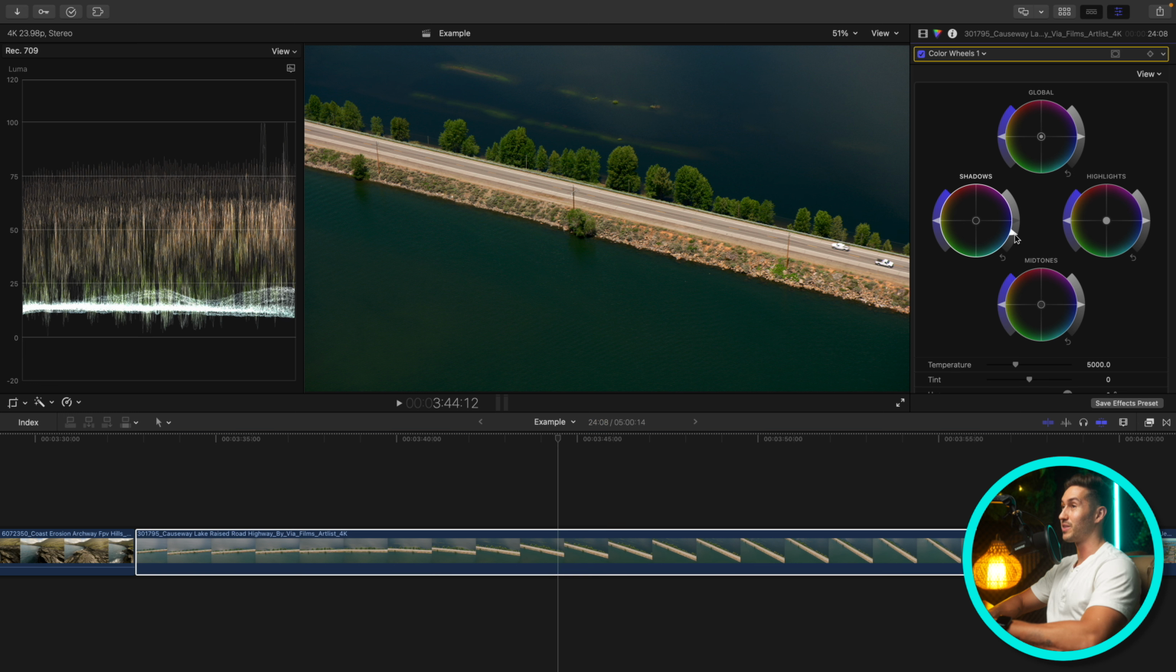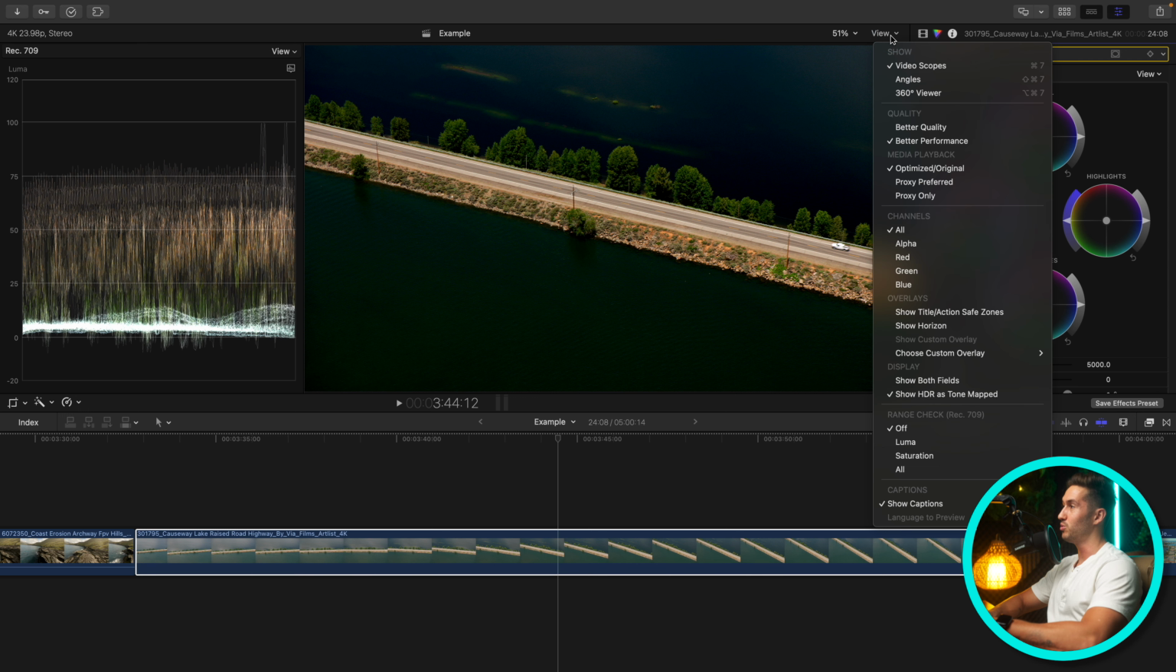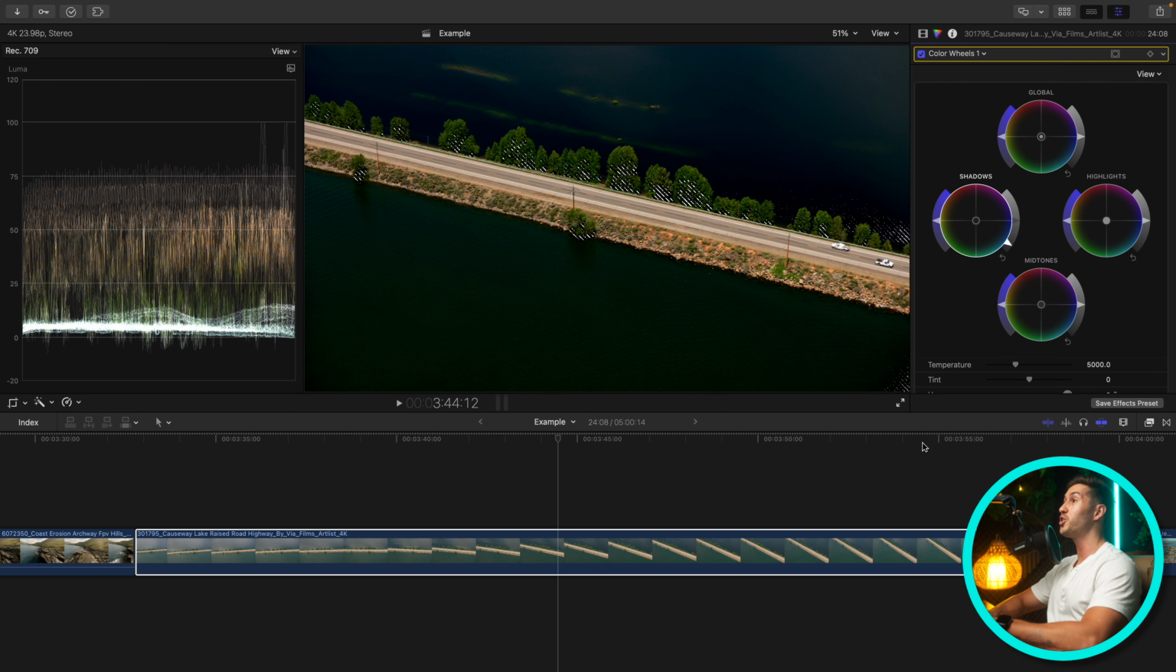Now, if you remember from the last shot that we graded, if we go below 0, we're now erasing detail in the very darkest areas of our shot. If you don't notice that you're going below 0, a little trick that you can use is by going to View, go down to Range Check and switching this to Luma. It'll show you what areas you have now essentially erased detail on. So we have erased detail in these trees, a little bit in the water,